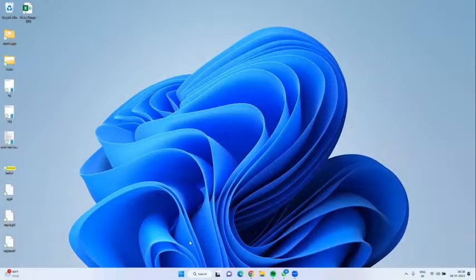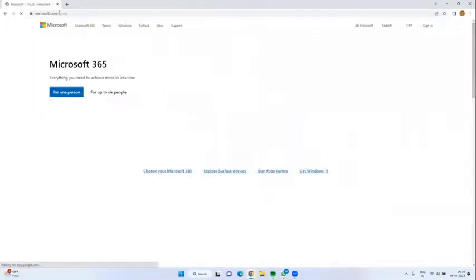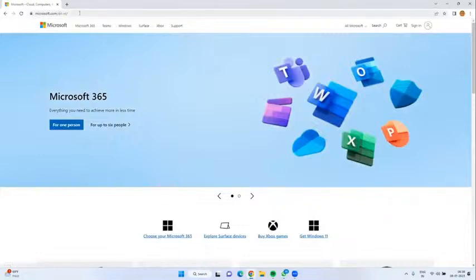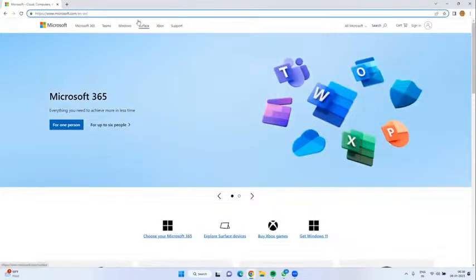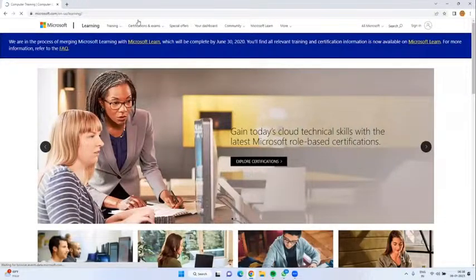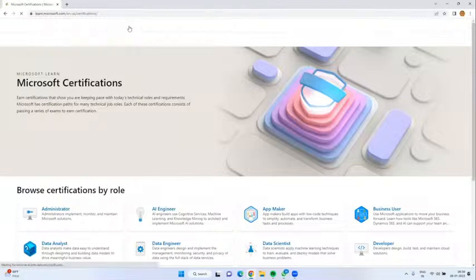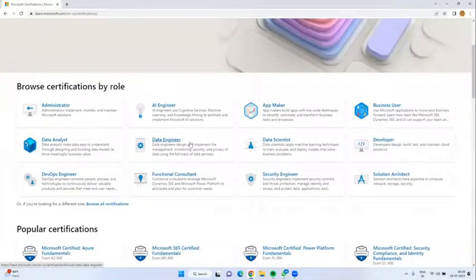For Azure-related certificate information, just go to Microsoft.com. This is the official site. At the end of the URL, just type learning. These are the different types of certifications.